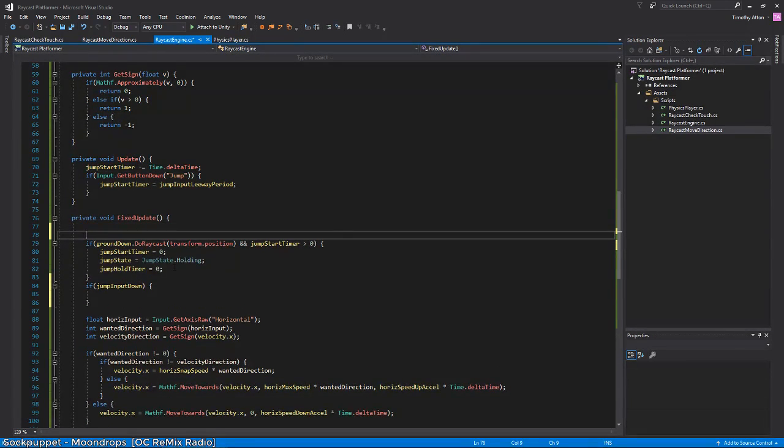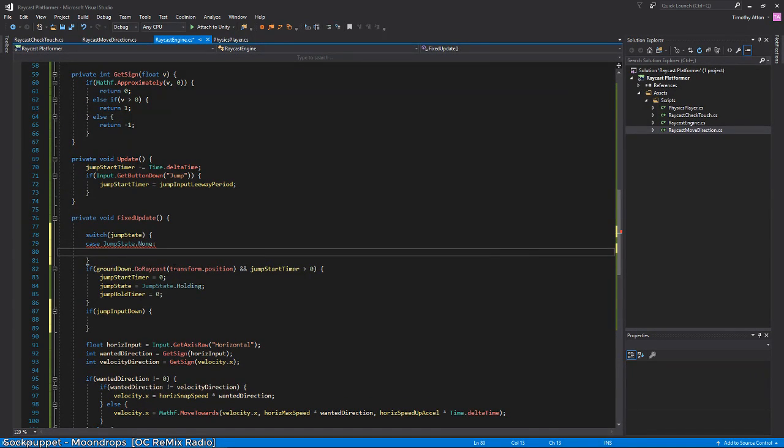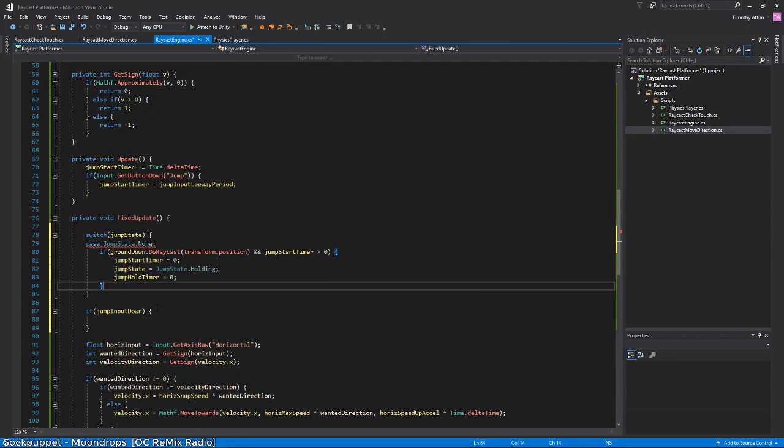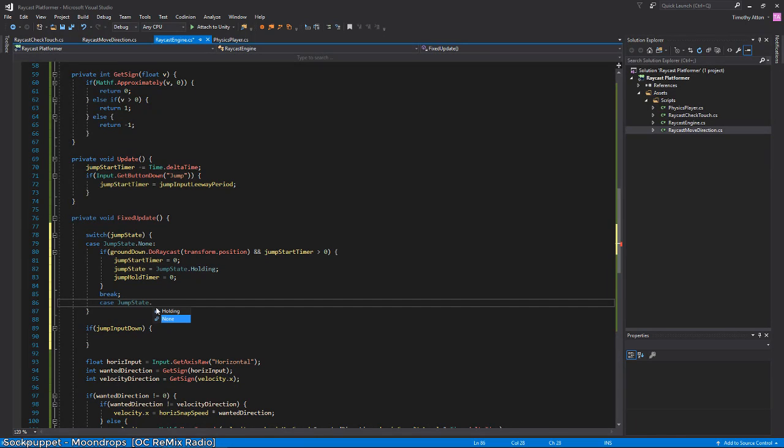Also this only happens, we can switch on jump state, because again, we obviously only want to start a jump if we're not jumping at this moment in time. But then if, not none, if we're holding a jump,